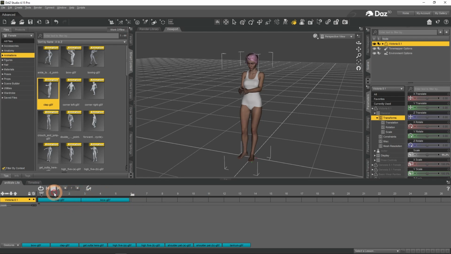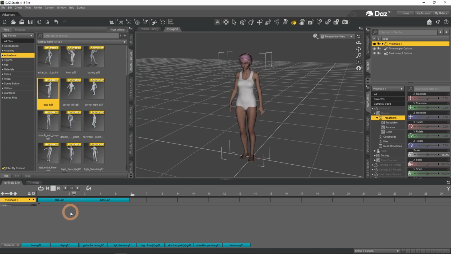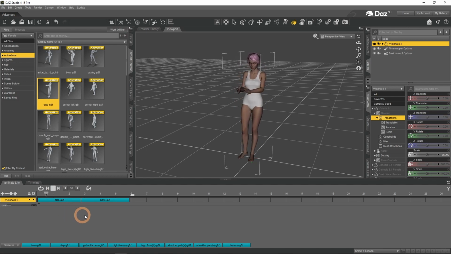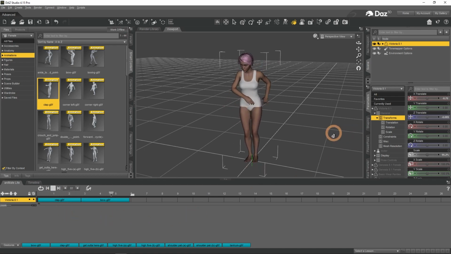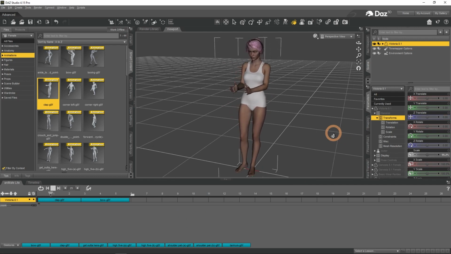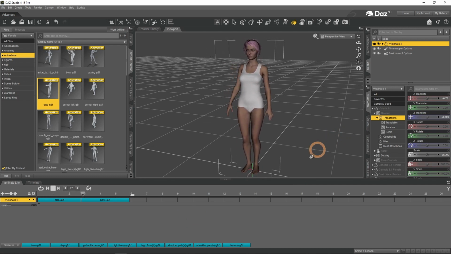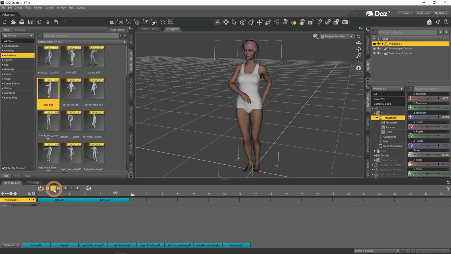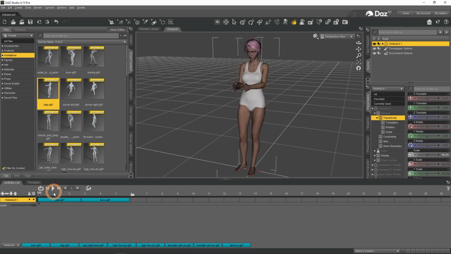When I press play, you can see that both animations play one after another. And they change seamlessly, meaning that it is not easy to see the point when one animation goes into another. Some animations are created to be even more seamless than that. To delete Ani blocks, simply select them and click on the Delete Ani Block button.